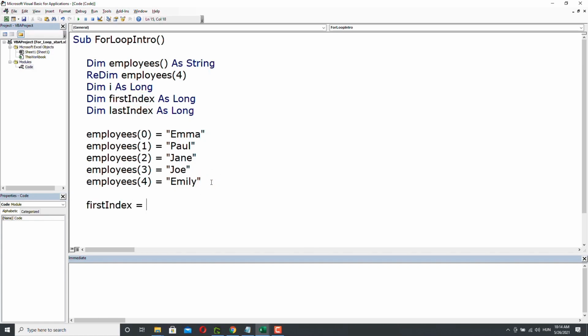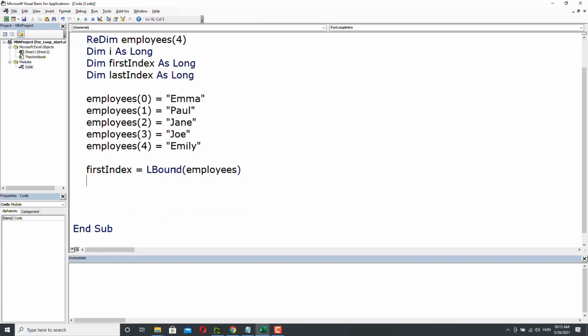To do that, we can use the LBound function. LBound stands for lower bound, and it requires an array as an argument. And once I press enter, you see that now the L and B have been capitalized and it is in blue, so LBound is in blue. So this LBound function will return the lower bound of our employees array, so it will return 0,